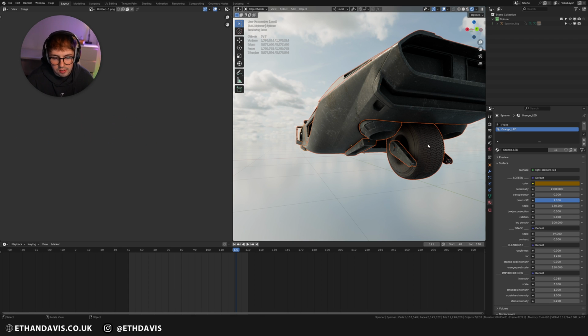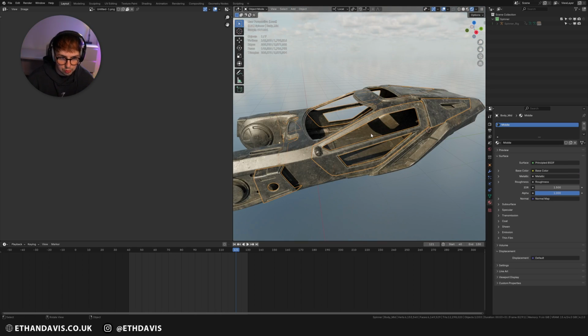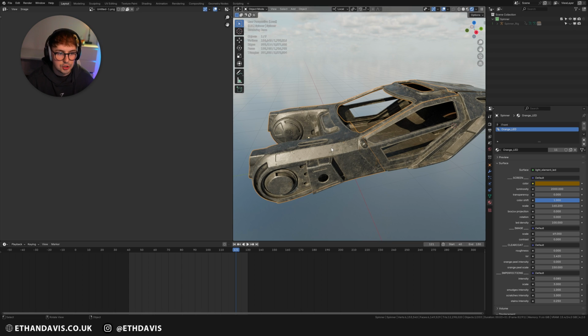The wheel was an individual one because maybe I'd do a close-up. This part was one, the back was one, the middle was one, and the front was one. That's just to get really high quality texture detail. I know some of the Transformer films have thousands of UV maps, so having 5 or 6 is not a big deal. But we only have a certain amount of VRAM, and if you're rendering on GPU, you've got to be wary of that. On CPU you have much more leeway, but on GPU we've got to be mindful of that.